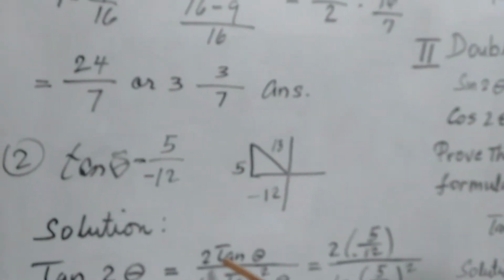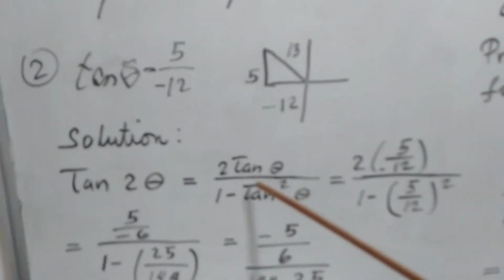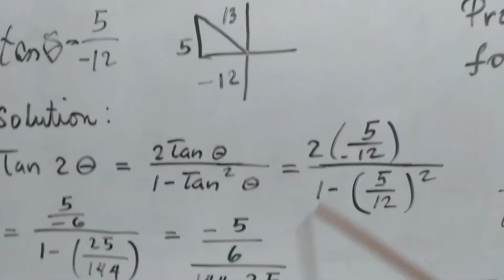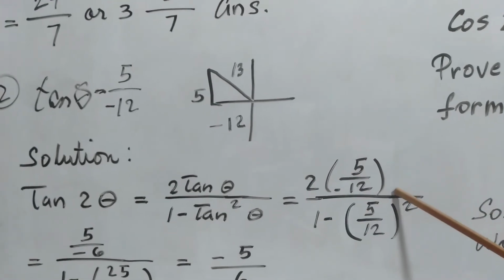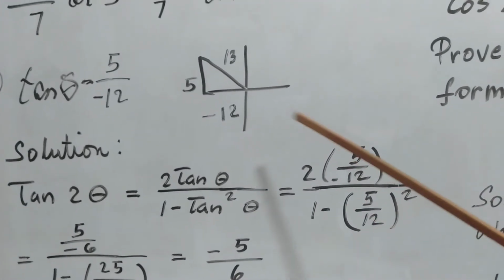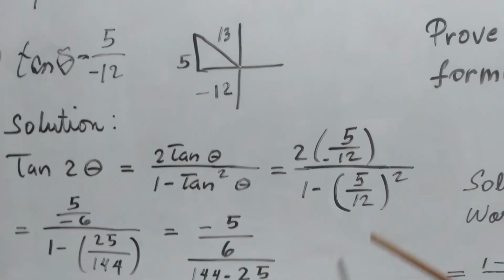So tangent 2 theta is equal to 2 tangent theta over 1 minus tangent squared theta. The given is 5 over negative 12. So 2 times 5 over negative 12 over 1 minus, substitute the value of tangent theta, which is 5 over 12